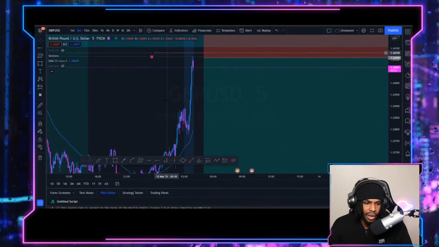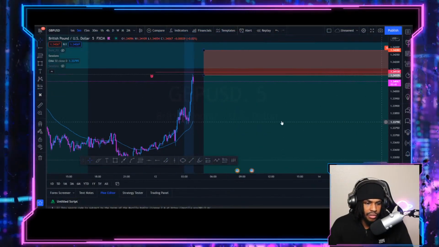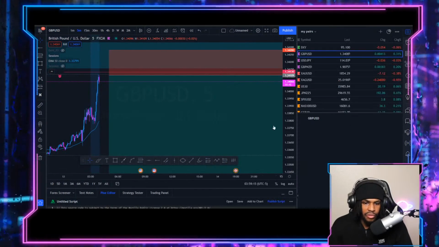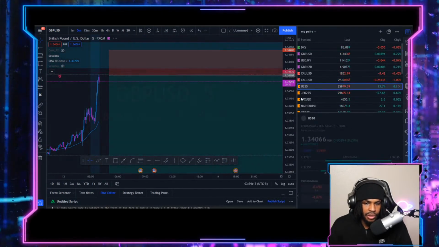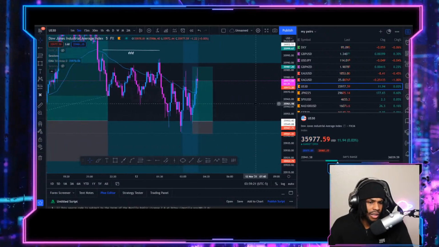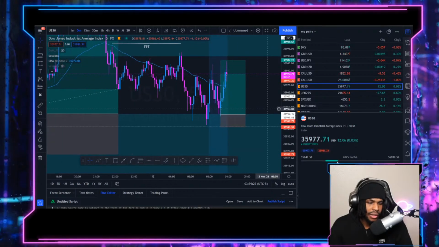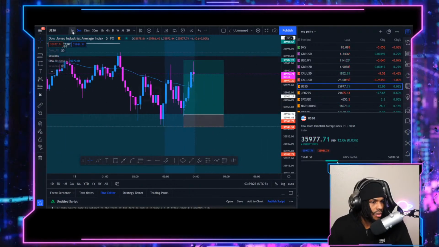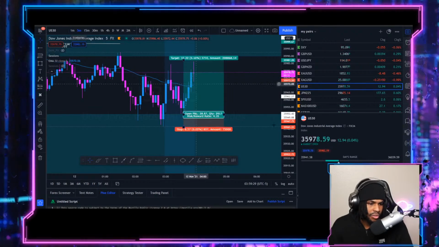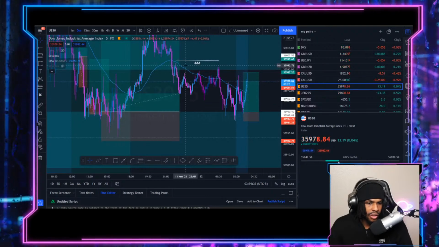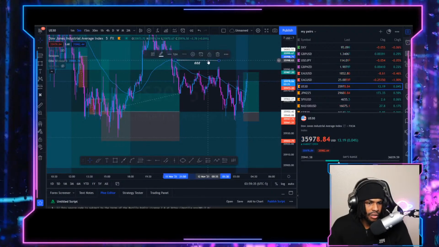I considered buying up to this area. I saw the push happening, and I think I saw a move happening on US 30 that I missed. I mean, it wasn't the cleanest trade. Oh yeah, that definitely played out. Man, I was trying to catch this move right here. Yeah, it's on the 5 minute too. I was looking for it to come up and take this liquidity here,